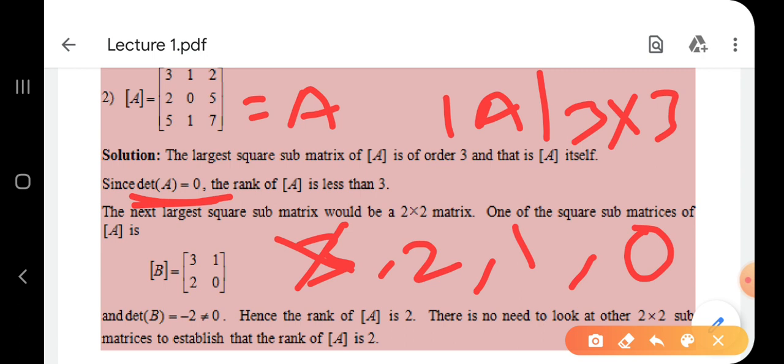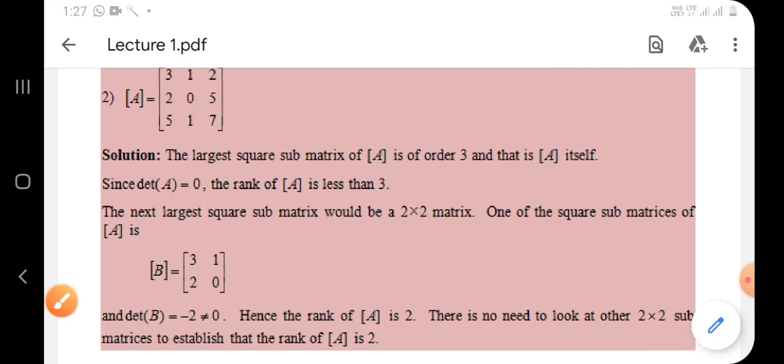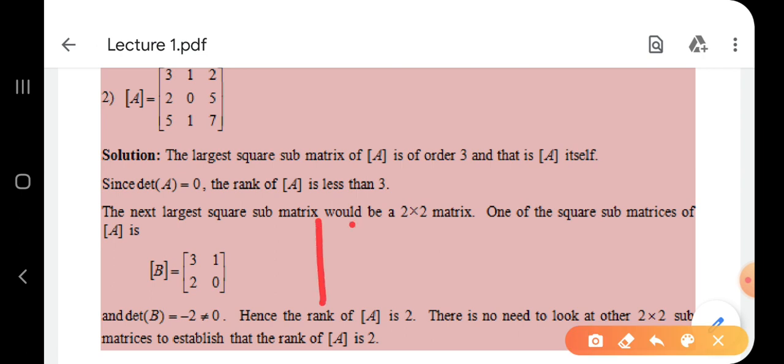Now try for 2. What do I have to do for 2? I have to take a 2 by 2 matrix. So you may take any 2 by 2 order here. This one, or you may take this one, any 2 by 2 determinant you can check here. So I can take here the determinant 0 5, 1 7. You may take any one. It is not a restriction that you have to take only 3 1 2 0 like that. No, you may take anything, because there are 9 such 2 by 2 determinants or minors.